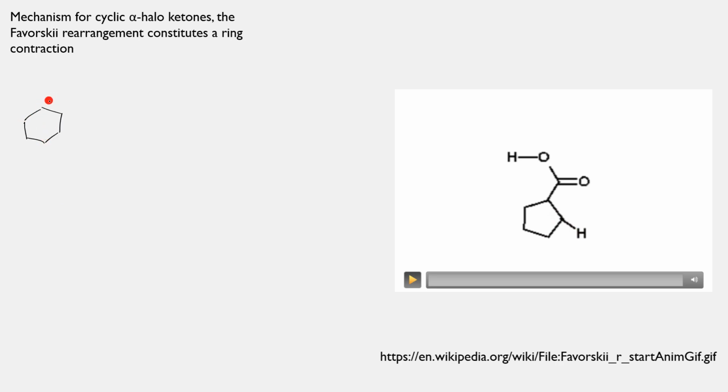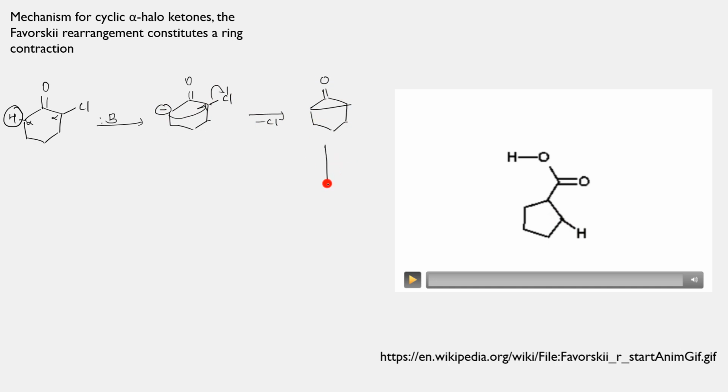So this was our cyclic ketone. This is your halogen atom. Okay, and now this is your alpha carbon atom. This is also alpha carbon. So the proton from here is going to get abstracted. When you use a base, this proton is getting abstracted, and what you are going to get is a negative charge at that carbon. Now this negative charge will attack this carbon and the leaving group leaves. So Cl minus leaves. So what you're going to get is a cyclopropane ring over here. Okay. This is a cyclopropane ring.